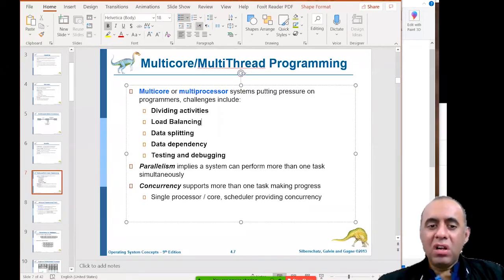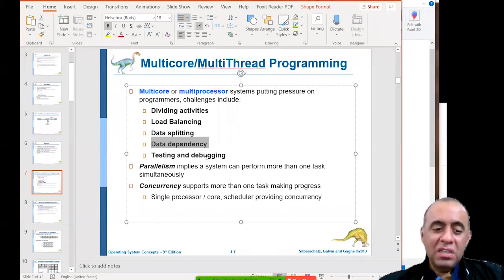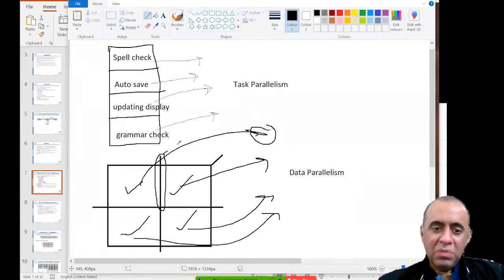So if you have not successfully or efficiently balanced load between threads, your application will not get enough benefit from parallelism. Similarly, I gave the application of data splitting, like an image could be split into four parts. Similarly, data dependency: sometimes there could be a problem when you applied the noise filtration on individual sub images, and when you had to stitch the outputs together, there may be some